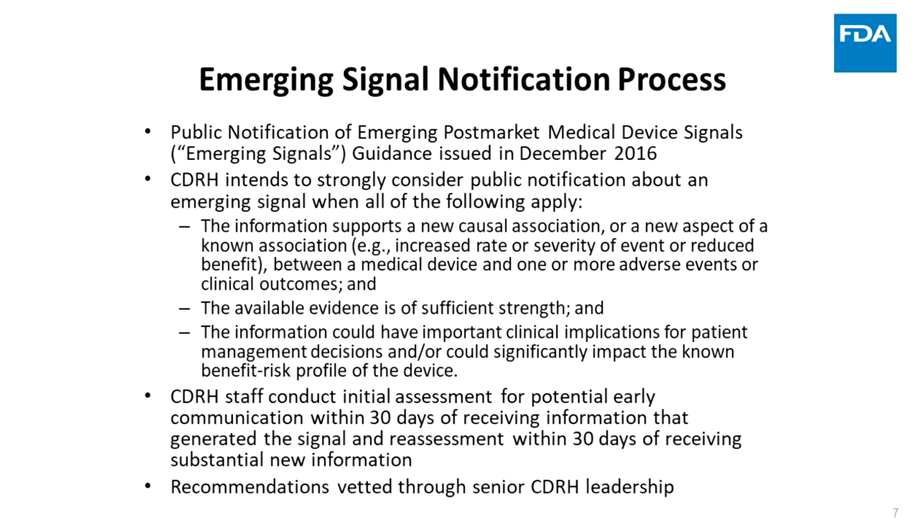In short, CDRH intends to strongly consider public notification about an emerging signal when the information supports a new causal association or a new aspect of a known association, for example, increased rate or severity of event or reduced benefit, between a medical device and one or more adverse events or clinical outcomes, and the available evidence is of sufficient strength, and the information could have important clinical implications for patient management decisions and/or could significantly impact the known benefit-risk